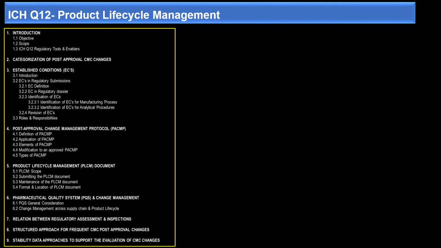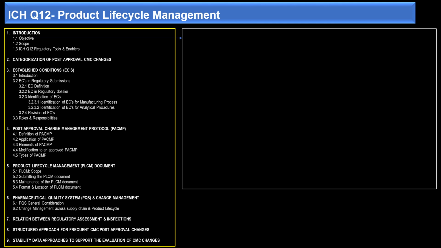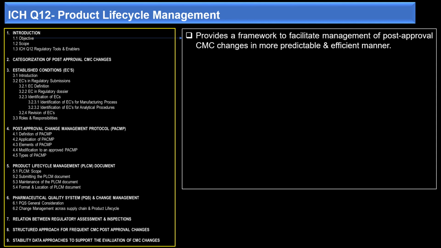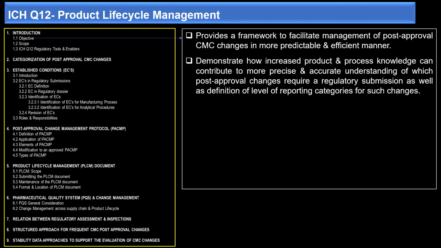Now we'll look into the detailed content of each of the part of this guideline. So going into the objective part, this guideline provides a framework to facilitate management of post-approval changes in a more predictable and efficient manner. It demonstrates how increased product and process knowledge can contribute to a more precise and accurate